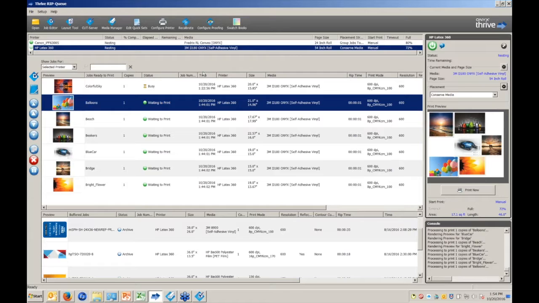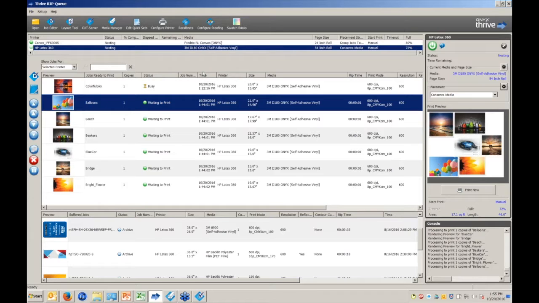Our 12.1 application version of the RIP is also going to allow for G7 work right in our profiling process. So today we give you the ability for G7 profiling to import and export via the Curve 2 application, or Curve 3 now I should say. In the future, 12.1 available in the next few weeks, you'll do that Curve iteration right in our Media Manager application. So a lot of advancements in color at Onyx